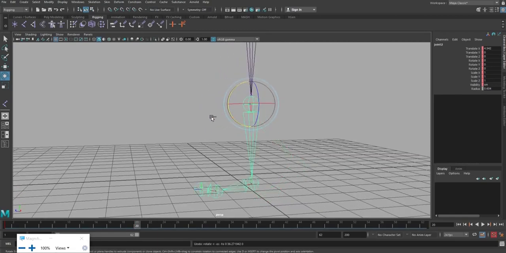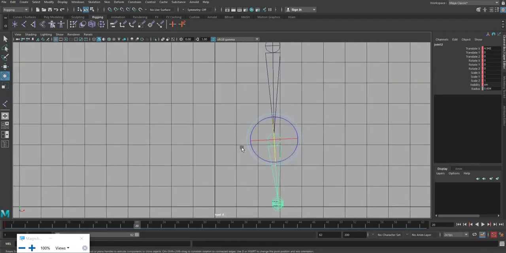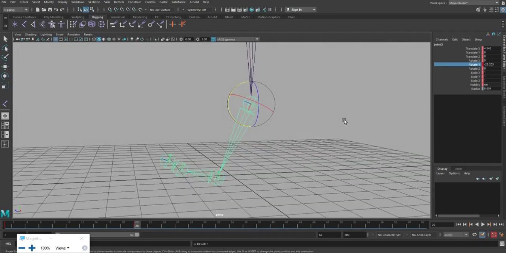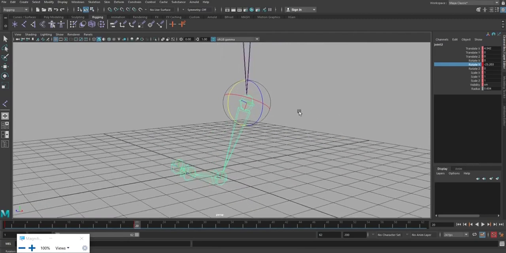For that I should go to front view, select it, check the axis, rotate Y. I'm just rotating it, but see, still it is not clear.